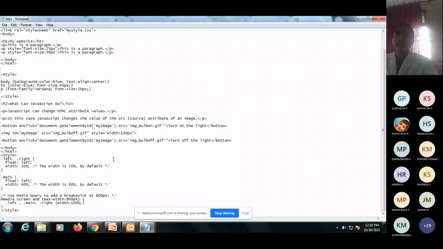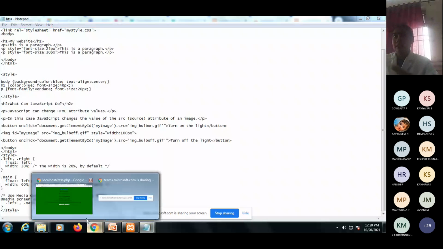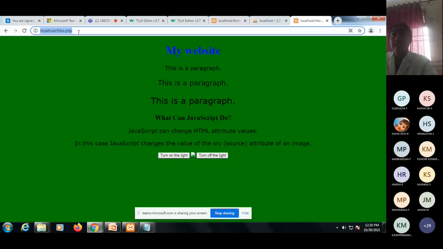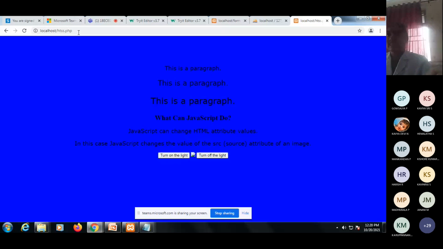File, save. And again I give this one. It's already in blue color. Sorry, green color. Now see here, let's change it to blue. So likewise, we change your website. Likewise, you are going to create your website. Through W3Schools and Tutorialspoint itself, we can create a website, as well as using MySQL and PHP code itself, we can create websites.